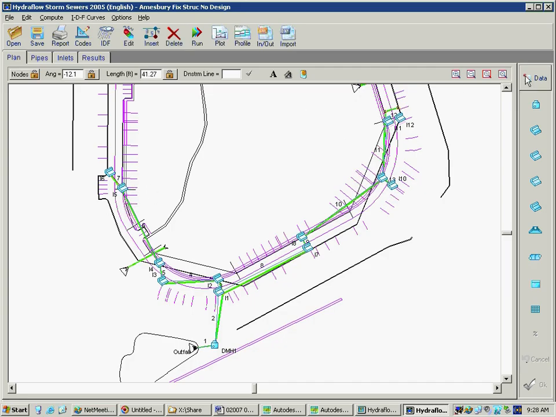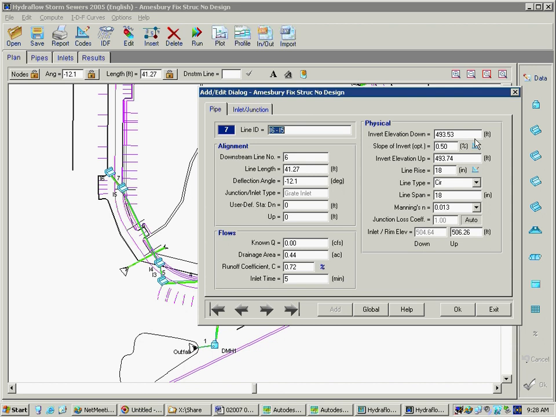Let's see. Go under data, and let's say these are set up so that all the pipes have a Manning's number of .013. Maybe they're concrete or plastic. But like Charles was saying, maybe you have to use a different material, or you find out that you can use a different Manning's number. Maybe we can use .010. I've changed it for this structure, for this pipe, but I believe if I hit global,